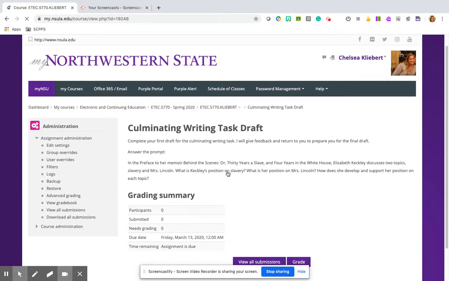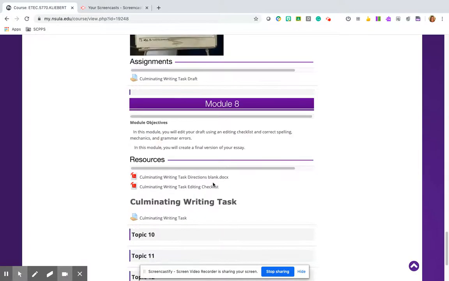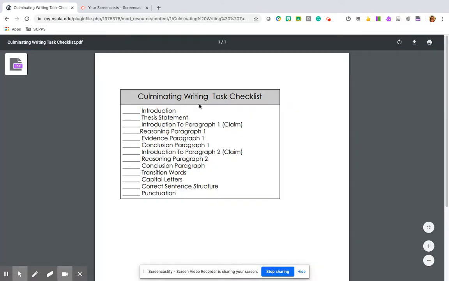And our last one, Module 8. In Module 8, they are editing their draft, and they're going to use an editing checklist and correct spelling, mechanics, and grammar errors. And they will create a final version of their essay. So I have the directions here again, and I also have this checklist, which is kind of the whole essay checklist.